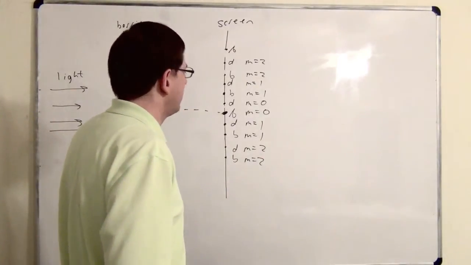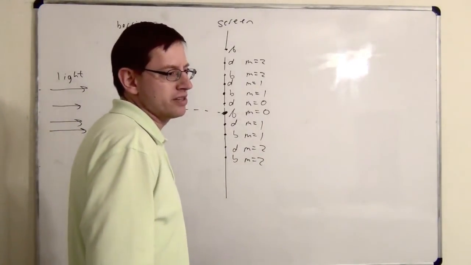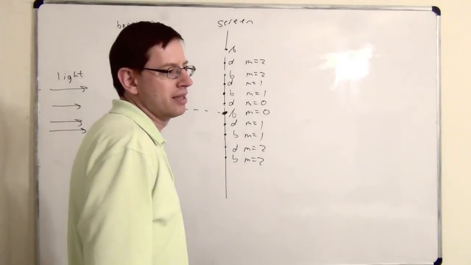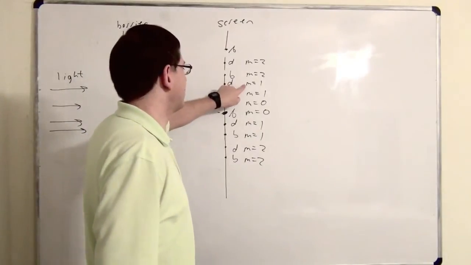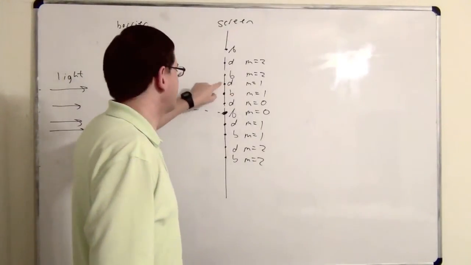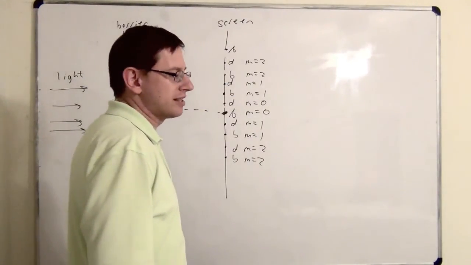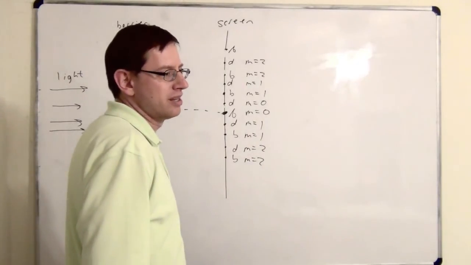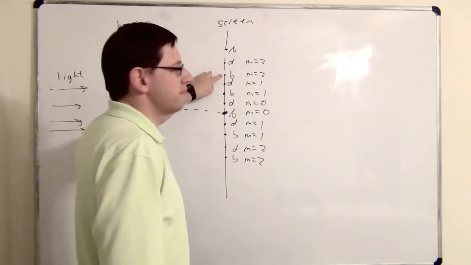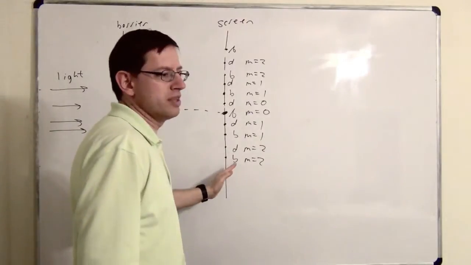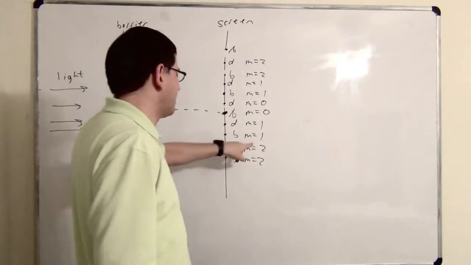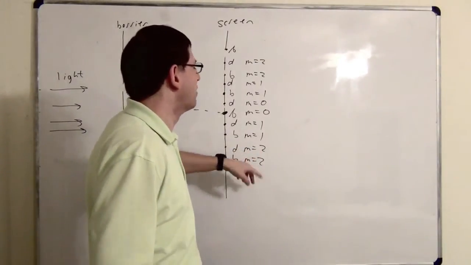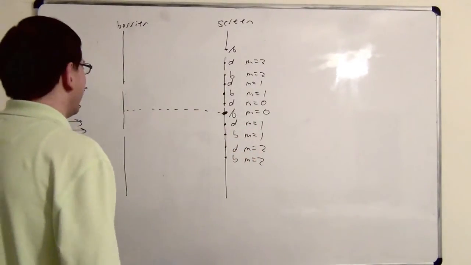So, for example, if you were looking at the second dark spot above the center, what would that mean in math? M equals 1. Yeah, second dark spot does not mean m equals 2. Second dark spot means m equals 1. Suppose that you were looking at the second bright spot above the center. M equals 2. So there the m makes more sense. The safest thing is actually to draw the picture out so you can tell the difference between them. Okay, so the order does not necessarily tell you the m.